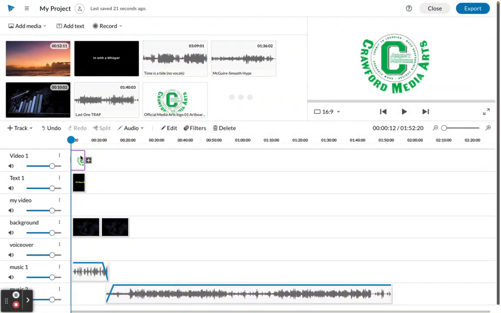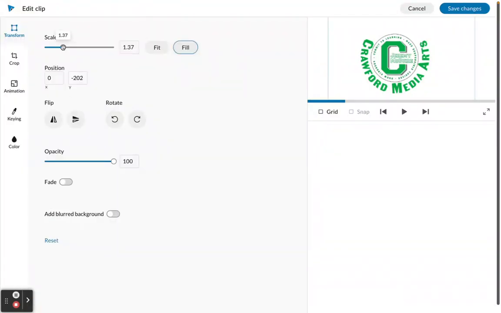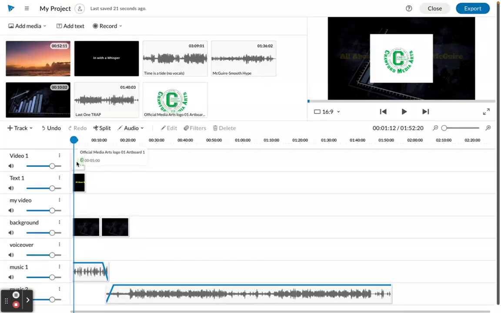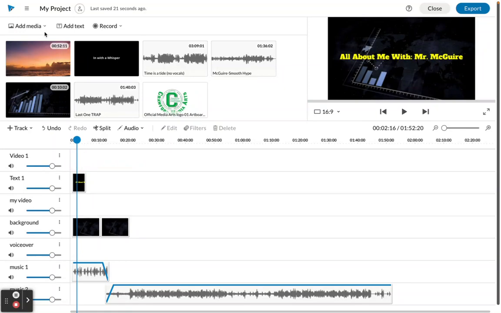Now it's showing. Now, if you see, this is not a transparent logo because you can see the white. I'm going to drop the scale down so you can see the white. So this is not what I want. This is not the one I want. So this is why I need to go into